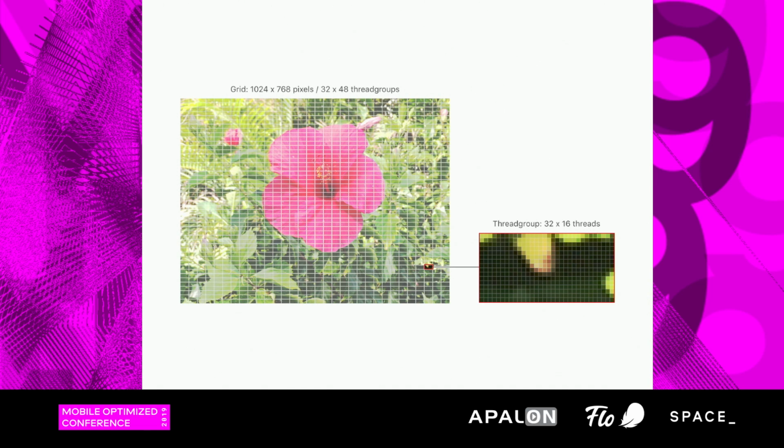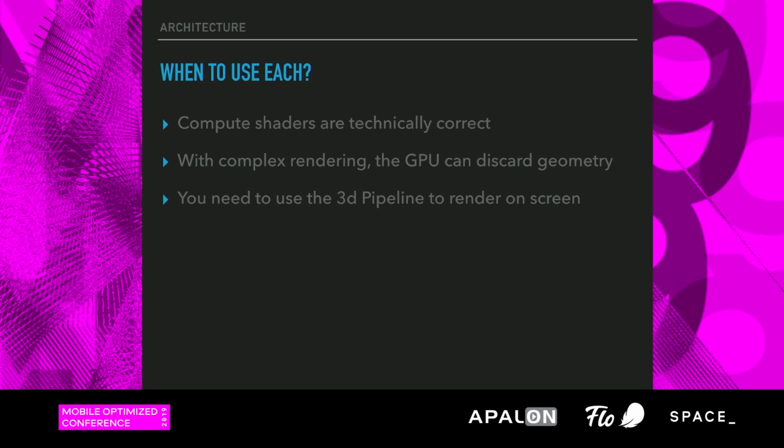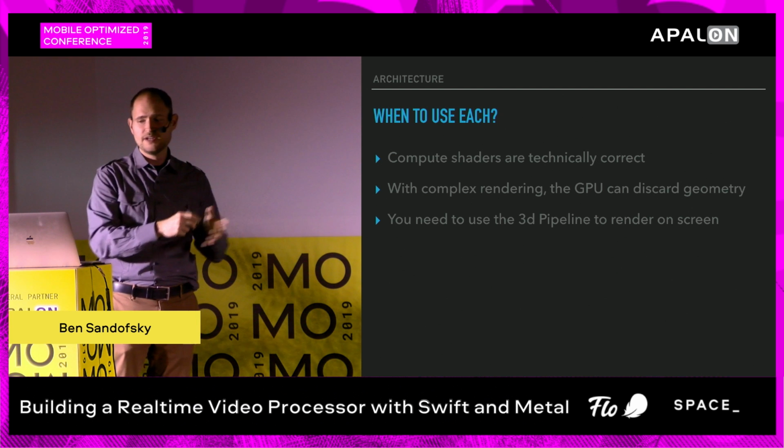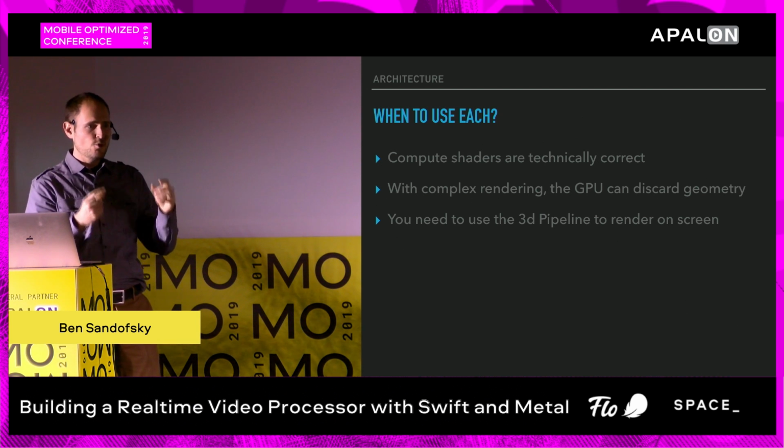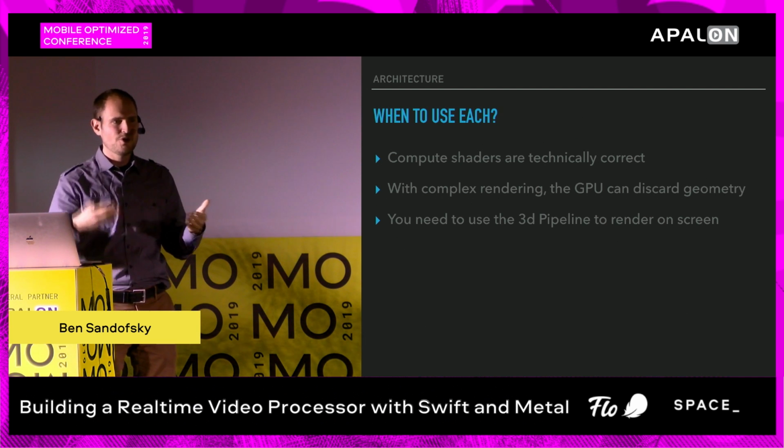Again, it could be crypto mining if you want, but it's a very general purpose approach. So when would you want to use each tool? Well, compute shaders feel more technically correct, but one, you still need to know the 3D pipeline to render stuff on screen, and two, if you were to build something like UIKit, where you have a bunch of different